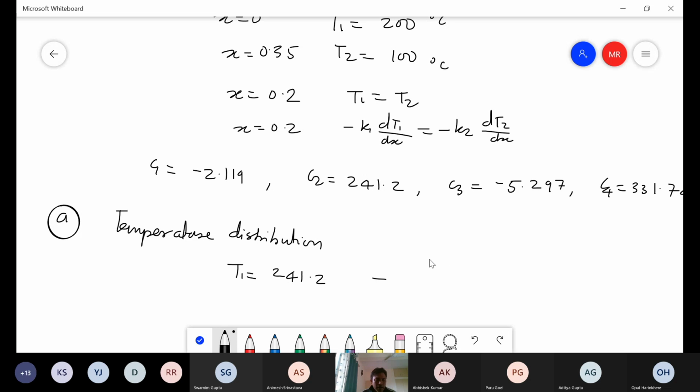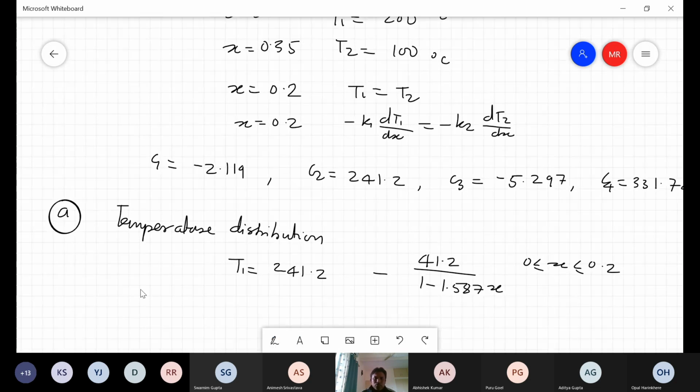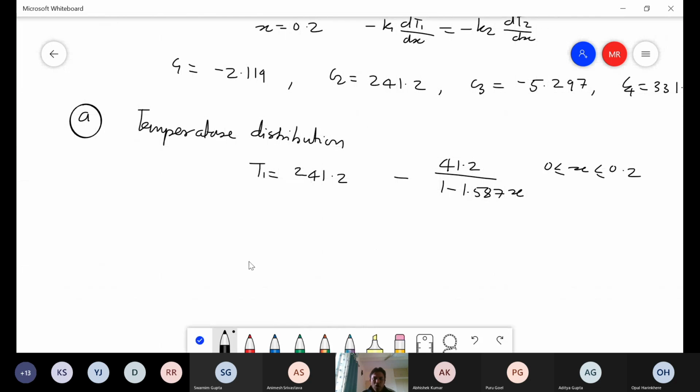241.2 minus 41.2 divided by 1 minus 1.587x. So this is for block 1, and this is for x varying between 0 and 0.2. Similarly, the temperature distribution in the second block is what you are going to get, T2, is given as